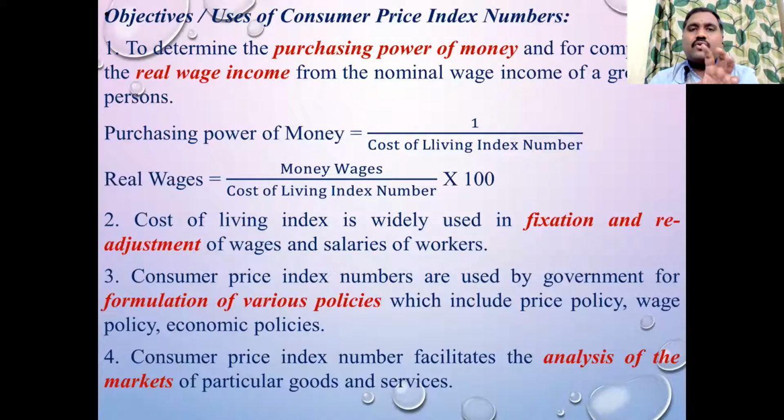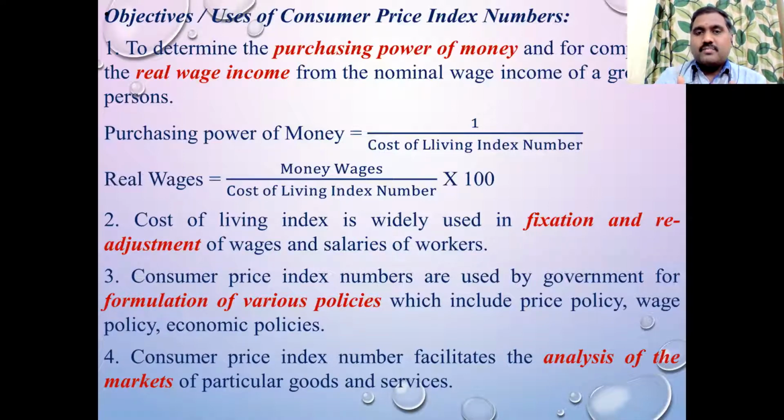So when they say that they want to bring a 10% increment on your salary, it is not 10% on 50,000. It is 10% on the basic pay. And when they say they are going to deduct 10% on your salary as ESI, PF, that means whatever percentage is allocated in the 50,000 as ESI, PF, from that only they will deduct. For those calculations and changes, they will use this consumer price index number. It is also used by the government as well as the corporates to bring a lot of changes in their policies regarding price, wage, and economy, right? It is also used to analyze the market condition.